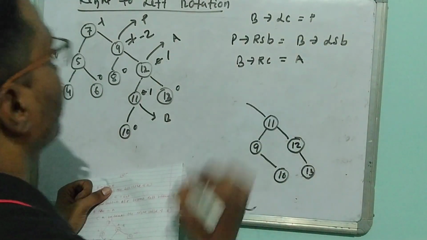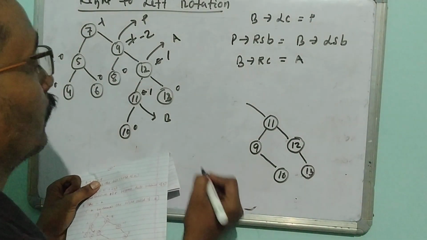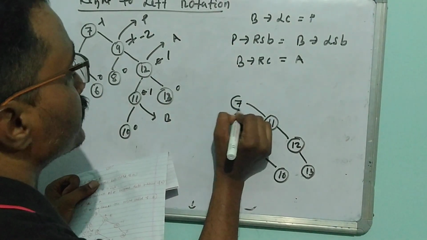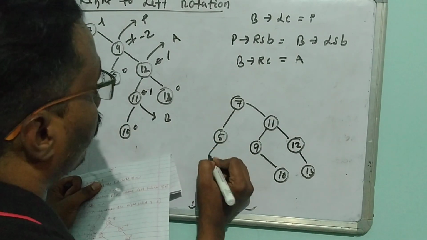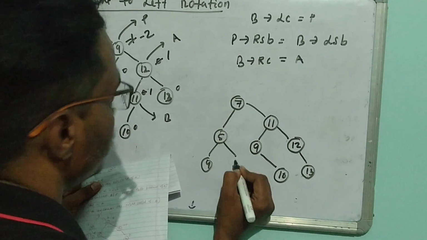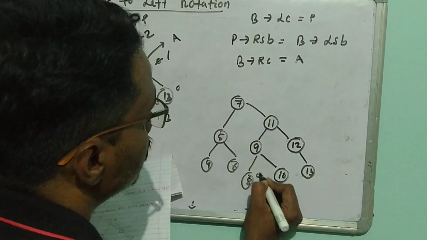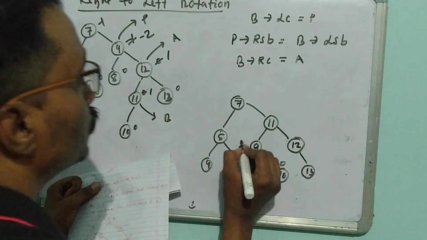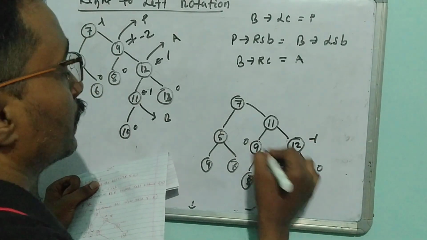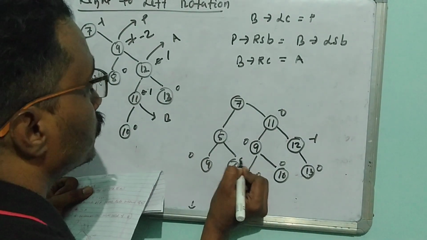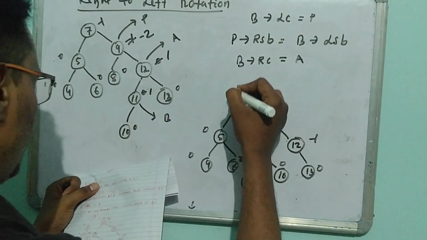And here this becomes 11. From 11 we are having the 7 part, the rest of the part, and we are having that 5, we are having 4, we are having 6, and 9, we are having that 8 part here. Balance factor we are counting: 0, 0, this is 0, this is nothing but -1, this is 0, this is 0, this is 0, this is 0, this is nothing but -1 there.